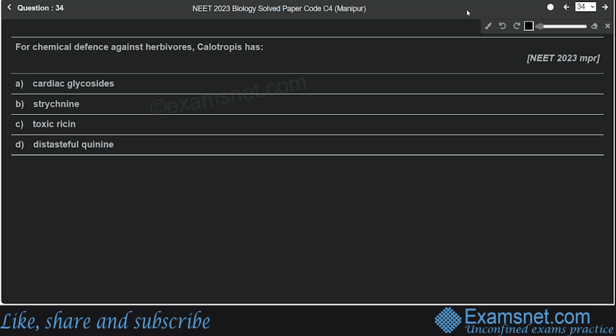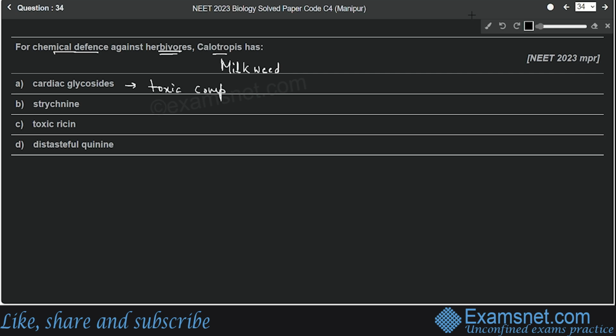Question number 34 is from the chapter Organisms and Population, and the question is, for chemical defense against herbivores, Calotropis has. So Calotropis is a type of milkweed. Okay, milkweed. And this contains cardiac glycosides which are toxic compounds. Okay, these are toxic